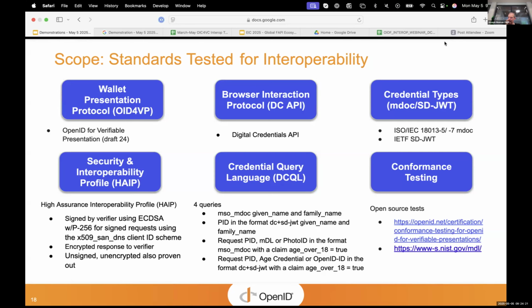And then we've been doing some more complex queries, so requesting a PID or an mDL or a photo ID in mdoc, trying to get an age over 18 assertion for the user. And a similar query, but for the PID or an age credential or a specific OpenID credential we've invented, again in SD-JWT, and trying to do the age over 18 claim.